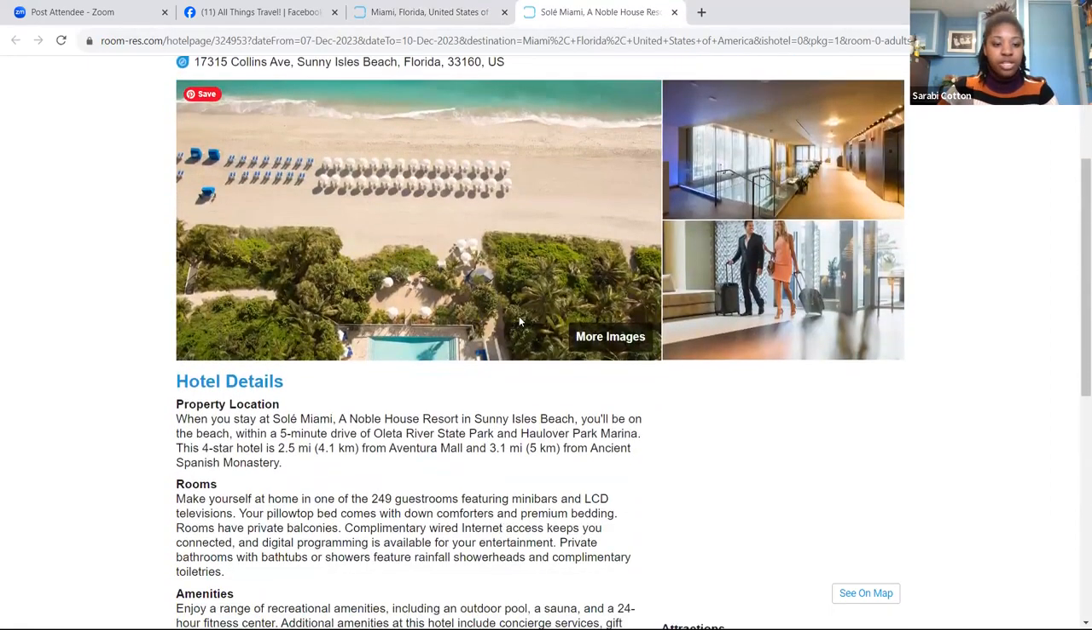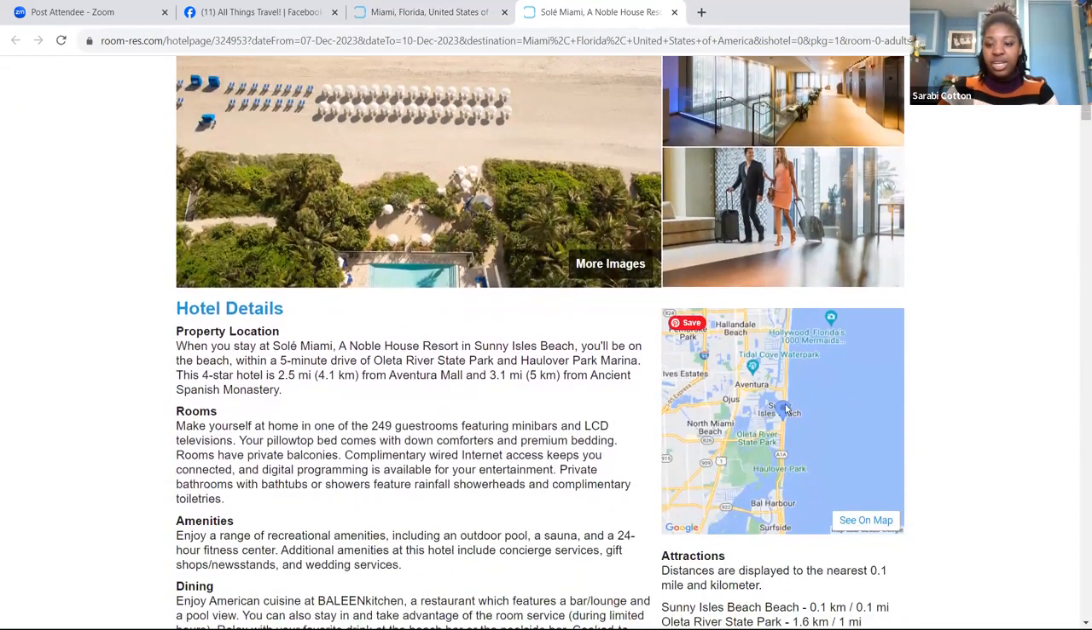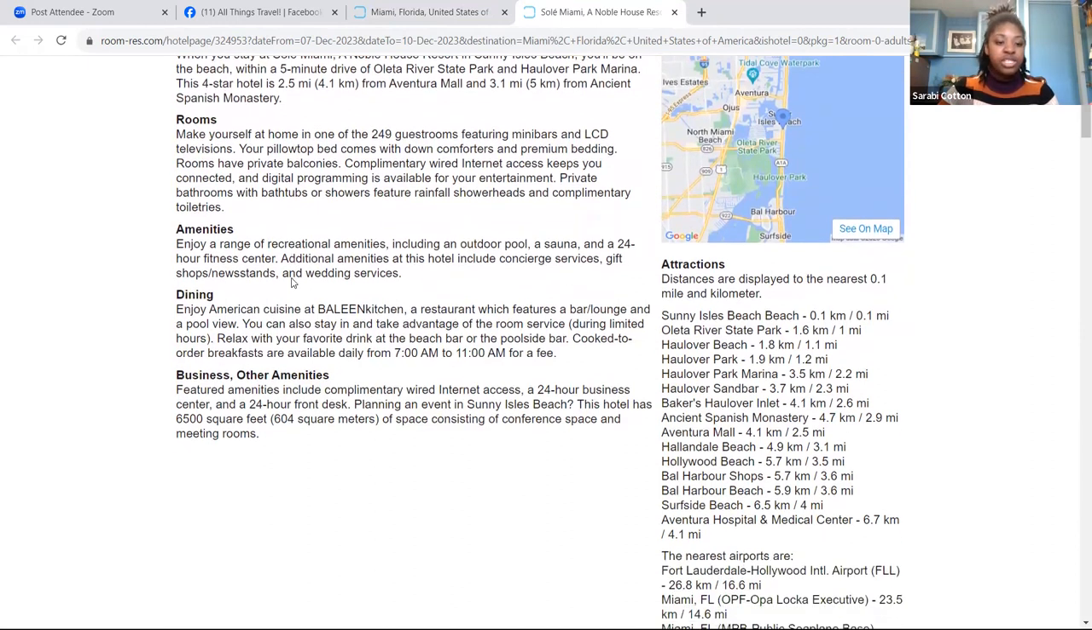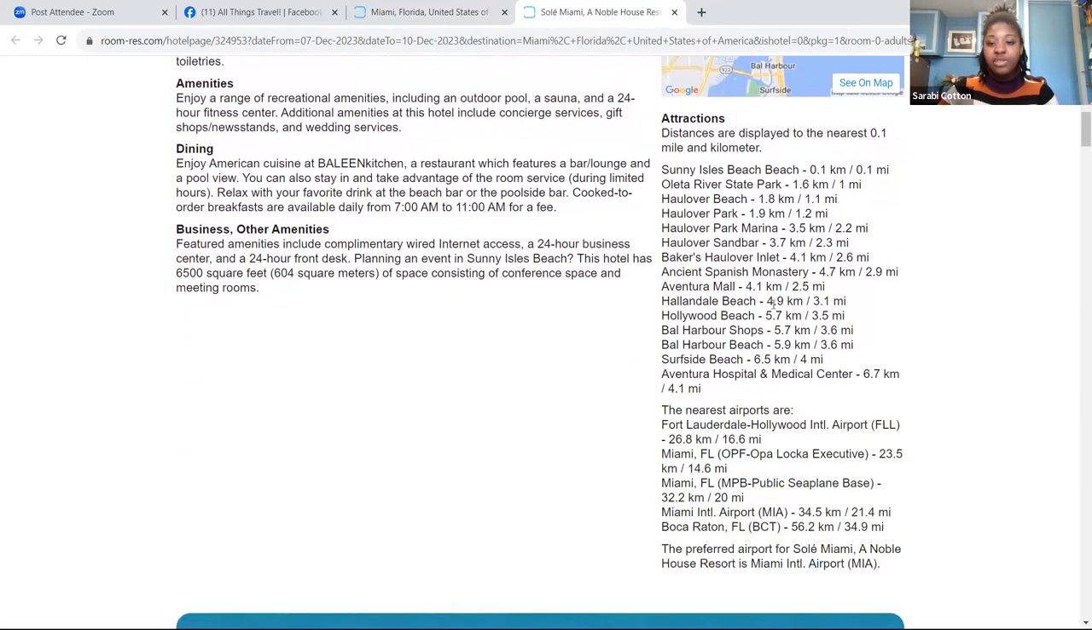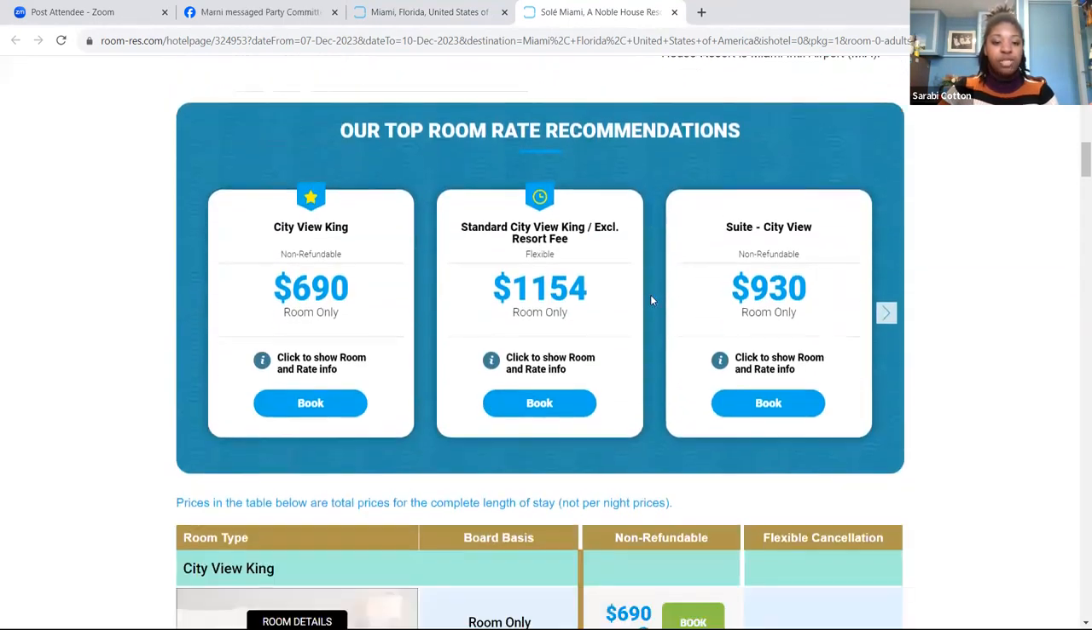All right, so this is the property. I'm already in love based off of the pictures. It gives you a nice little map to see exactly where it's at. It's right there on the beach, so perfect there. Gives you a little bit more about the resort, complimentary toiletries, of course, all that good stuff. And then it tells you the attractions that are nearby, which is great. Now I'm going to keep scrolling down